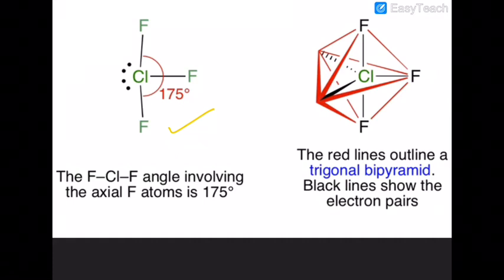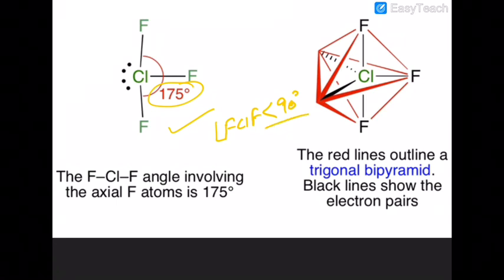Now in this bent T-shaped molecule, you can easily see that the fluorine bond angle is not 180, it is 175. It means the lone pair is repelling the bond pairs. You have to understand that. And due to that repulsion, the bond angle moves slightly away from its position and towards the fluorine atom. That is why the FClF bond angle is also less than 90.